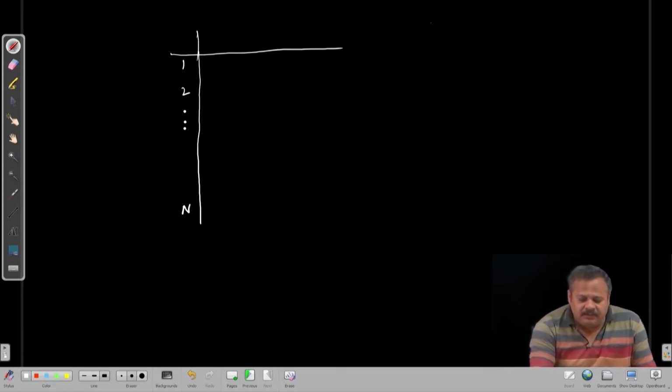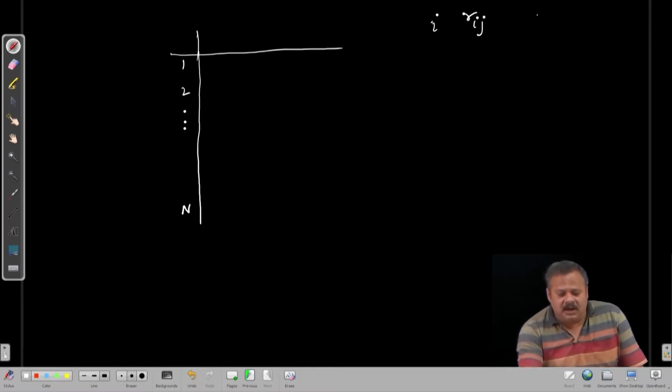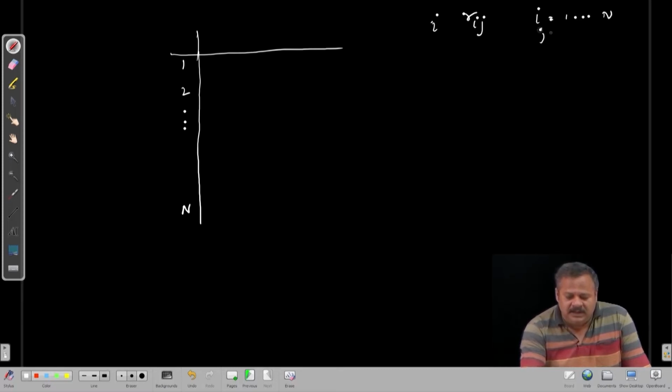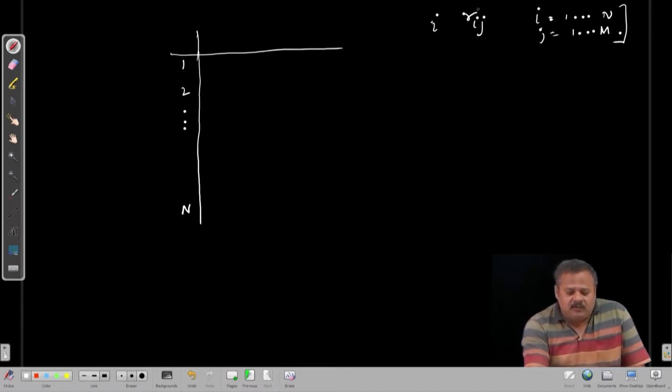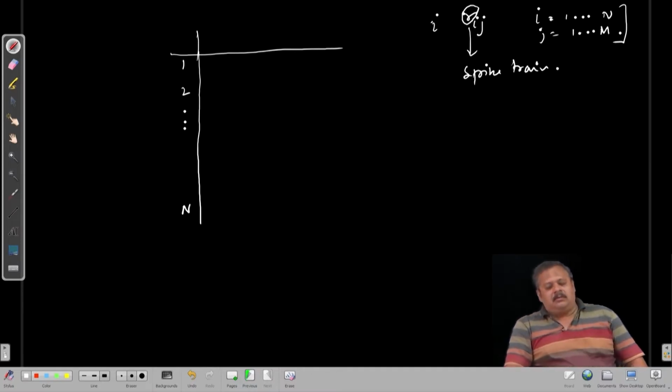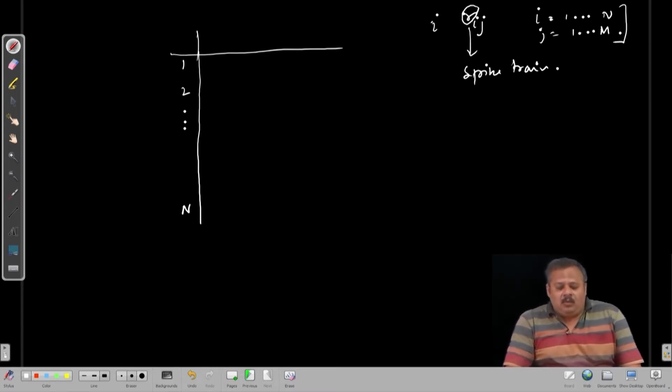and for stimulus, let us say I, we have responses R_ij, that is, I goes from 1 to capital N, j goes from 1 to capital M. That is the response. What we mean by R is the spike train, or some function of the spike train, which can also be rate,